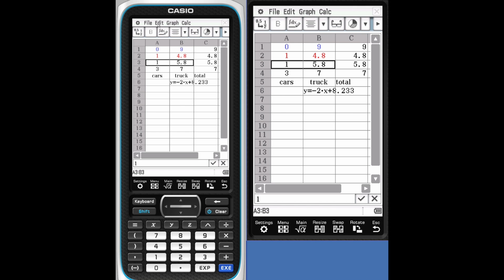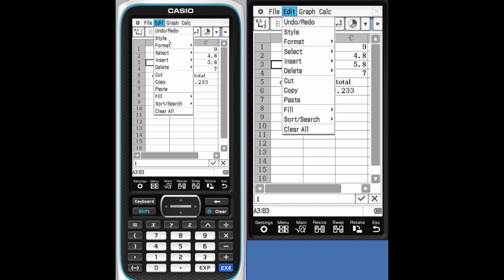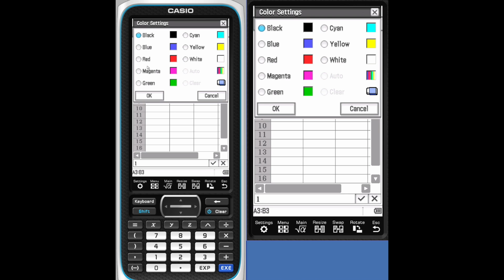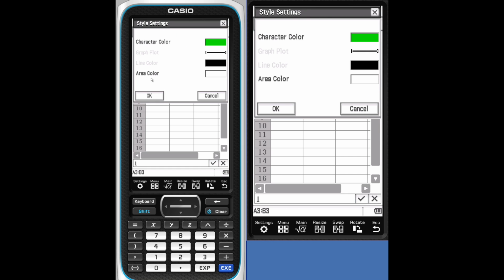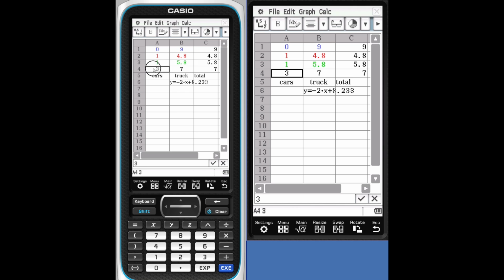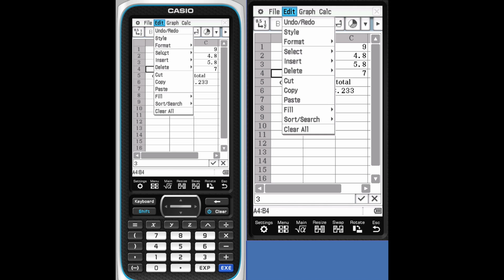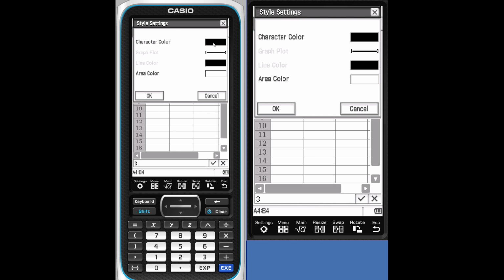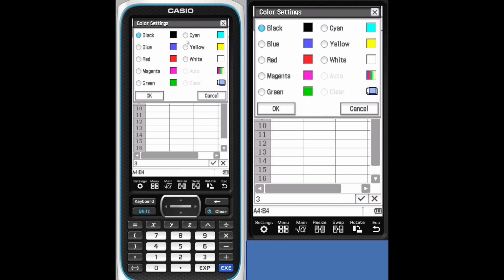There we have it. Selected it the right way. Change the style. We're going to make that one a nice green. And finally, we'll check the last one. There you go. Edit. We'll change the style there, and we'll make that one a nice bright cyan.